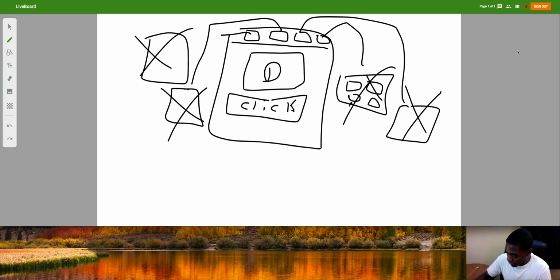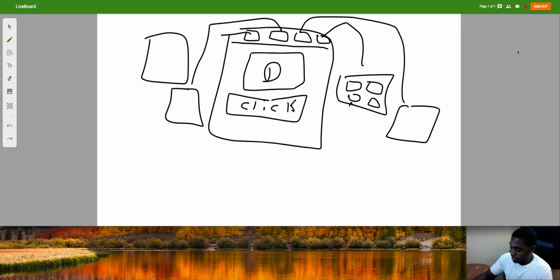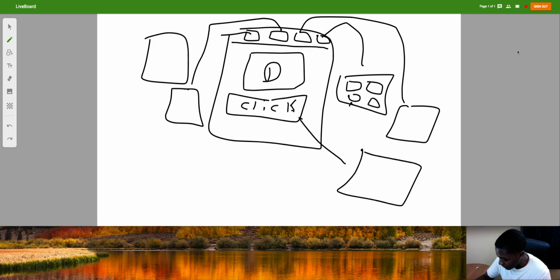If you have them open up in a, let's go back here. All right, so if you have them open up in a new tab, then all the stuff we just crossed out, right? All of this stuff, they're going to be able to come back to it. So once they click this here, this is the offer. So this is the offer.